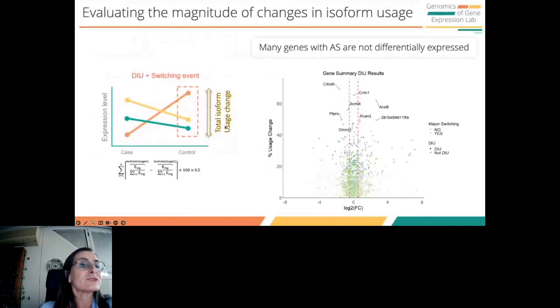For example, the things that you can do are to ask whether you have changes in splicing, and what is the magnitude of the change in isoform usage, or whether you have a switching event. The magnitude of this change in isoform usage is what we call total isoform usage change. And this is, for example, one of the plots that we can show, in which we put together the changes in the differential expression, the fold change for the whole gene,